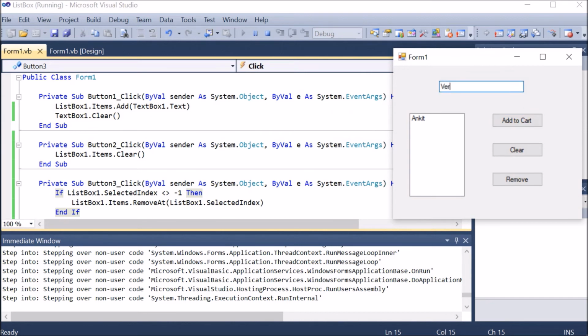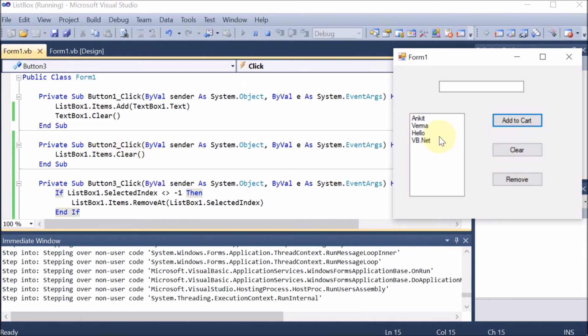So we enter a few items here: Ankit, Varma, then hello, and vb.net. That is what we have written with the help of button 1.